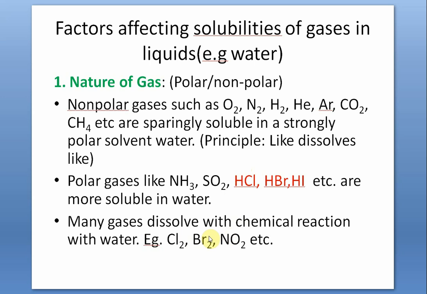Many gases dissolve with chemical reaction like chlorine, bromine. They react. Chlorine gives hypochlorous acid, HOCl and HCl. So also bromine. NO2 gives two acids, HNO2 and HNO3. It's the mixed anhydride. So in such cases also the Henry law that we are going to study will not be applicable. Now this is the nature of gases that also determines the solubility. Polar gases are more soluble in water, non-polar gases are less soluble or sparingly soluble in water. Now the next